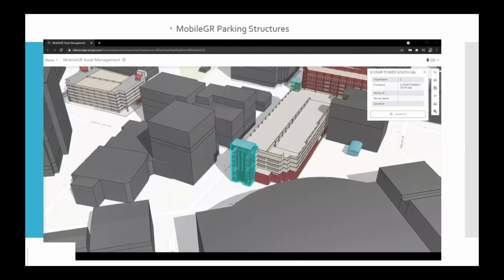So as you can see from the video, you can pan around, and we have all the different structures on different layers, so you can turn things off and on. They're also attributed, so it's easy to symbolize a whole parking garage based on condition ratings. You can tie in as-built drawings to these as well, and just further provide